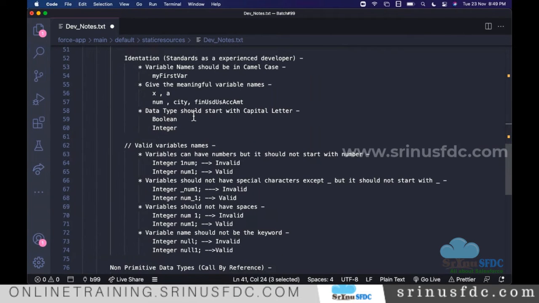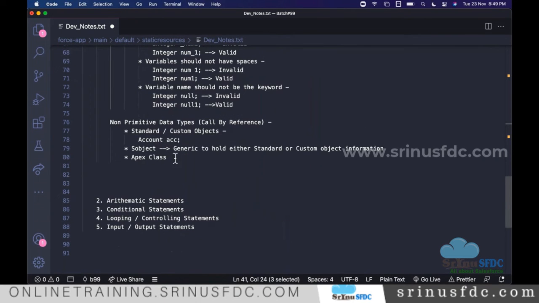But for a non-primitive data type, whenever we define it like this, it just creates a reference. It cannot directly store the value, it can hold only the reference. Reference means the location where the data is present. The data will be somewhere in the memory, and the location of that data in the memory will be stored here.